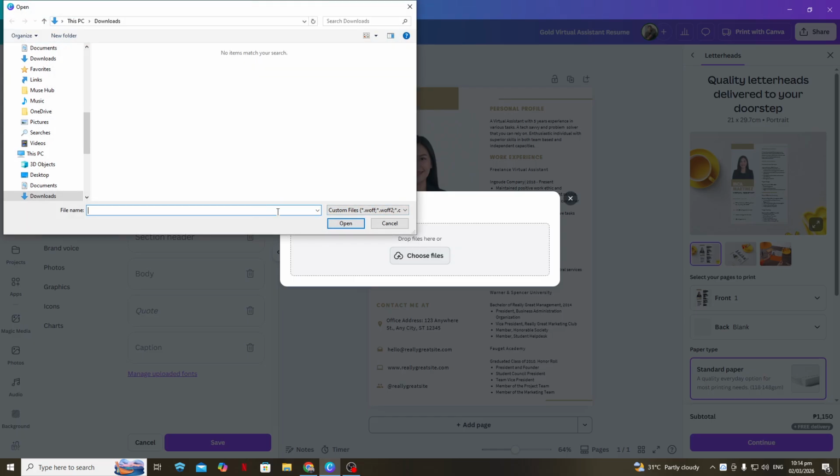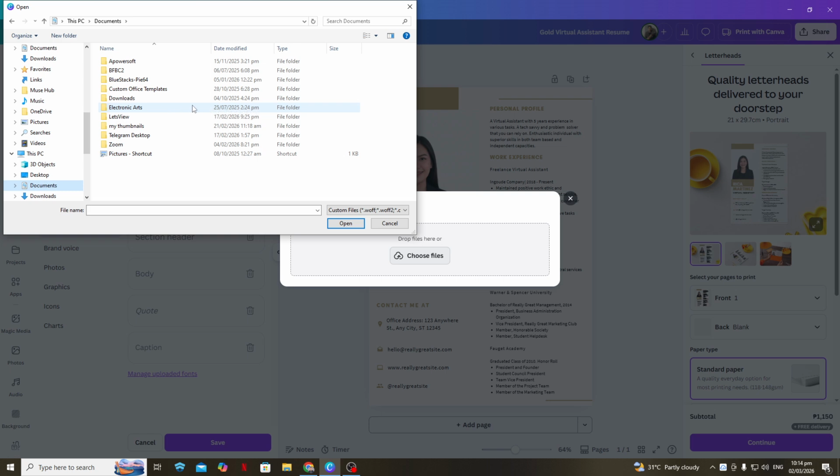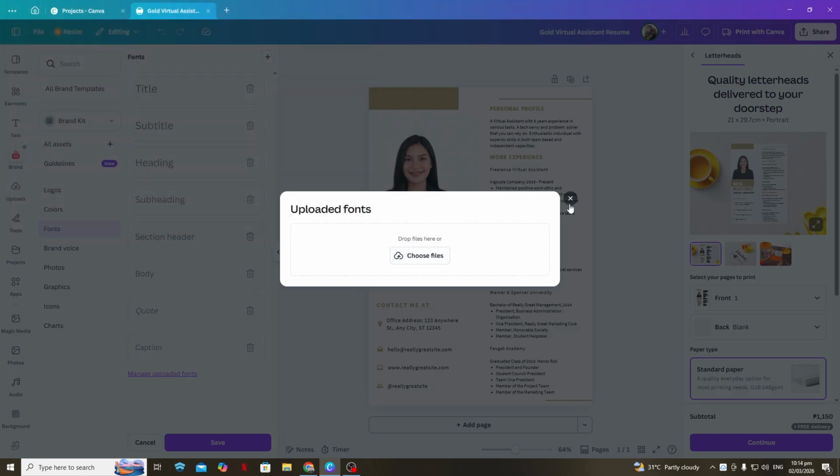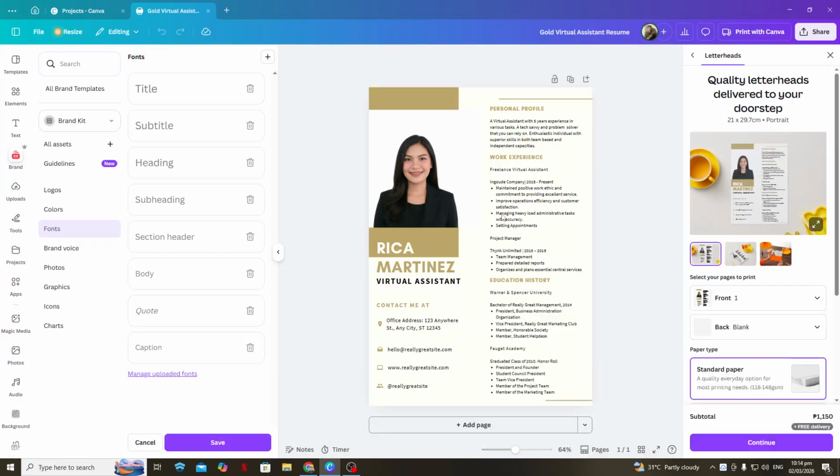When it's finished, your new font will appear in the font list, usually under a section like Uploaded Fonts or similar. Now, select your text box again, open the font drop-down, and click on your newly uploaded font. You should see the text on your canvas instantly update to the new style. From here, you can adjust the size, color, spacing, and alignment the same way you would with any built-in Canva